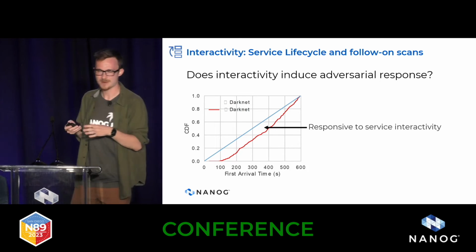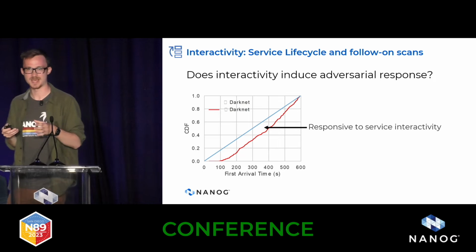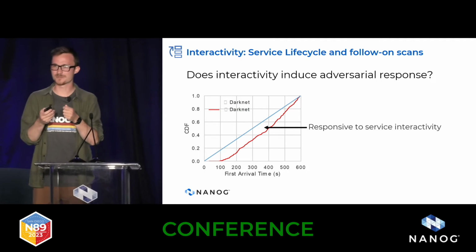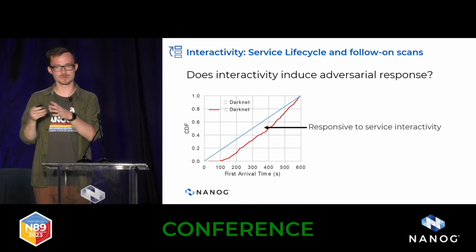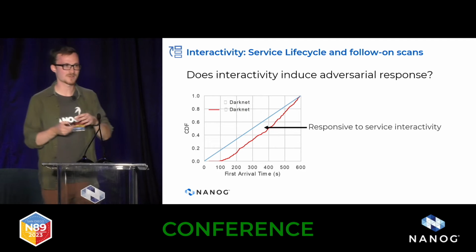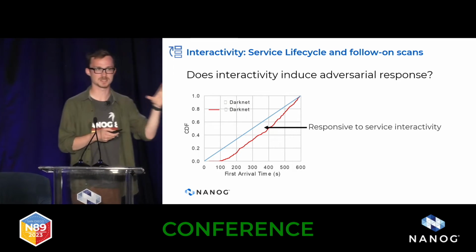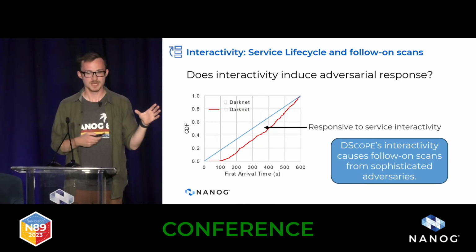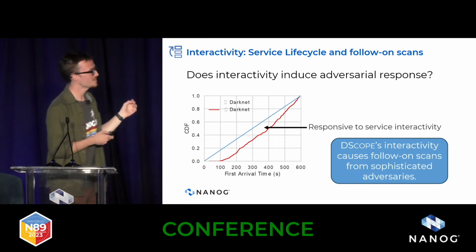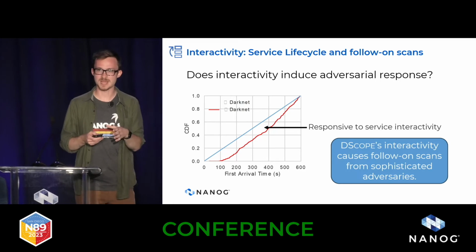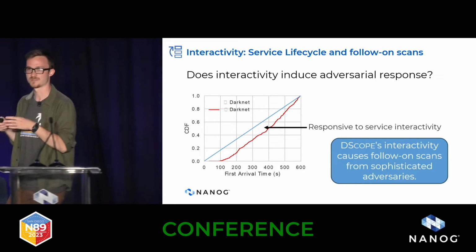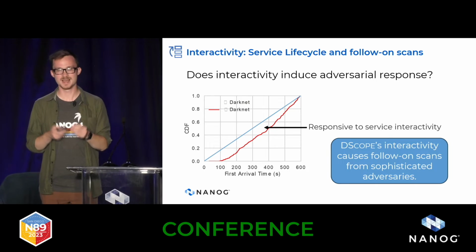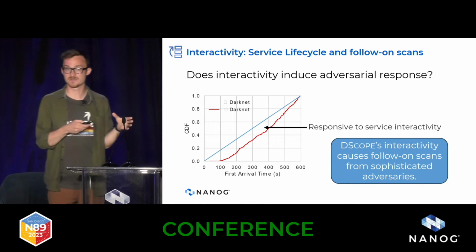And we looked more carefully at how these adversaries behaved, and we actually figured out the information flow between scanners. We were able to identify groups of scanners that were scanning at random, and then we identified command and control servers of botnets that were using this information. And so this shows us that the interactivity of our telescope not only gives us those application layer payloads, but it also elicits follow-on and more sophisticated adversarial behavior. And again, this behavior is invisible to conventional telescopes.